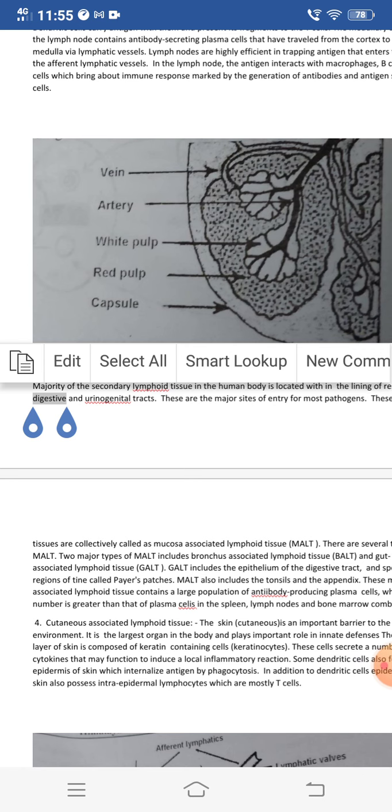These tissues are present in the inner epithelial linings of the digestive tract or the urinogenital system, or we can say in the urinary tract, reproductive tract and the respiratory tract, because all these tracts are internally lined by